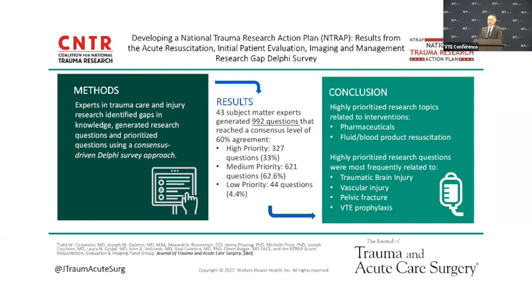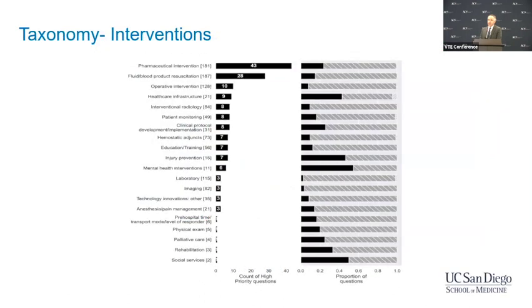And so the next question we had to tackle was, how do we categorize 1,000 questions in this panel and all the questions in the other panels, to be able to make sense of them? Because we're not going to just publish a paper of 1,000 questions and say, go read it, good luck. So Dr. Bulger, Dr. Price, and the steering committee came up with the idea of developing a taxonomy to categorize the questions in multiple different areas based on what kind of intervention it was, what the specific disease process was, and what kind of research it entailed: basic, translational, clinical, those sorts of things.